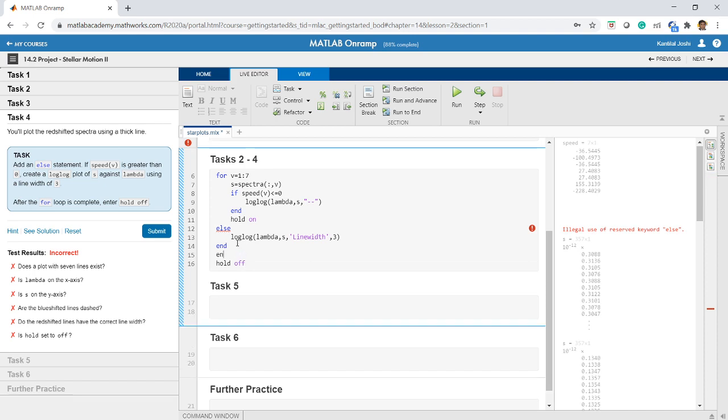Okay, then it should work. So let me indent this for clarity. Yeah. So this for is ending here, this if is ending here, this else is ending here. Okay, let us check this once again.